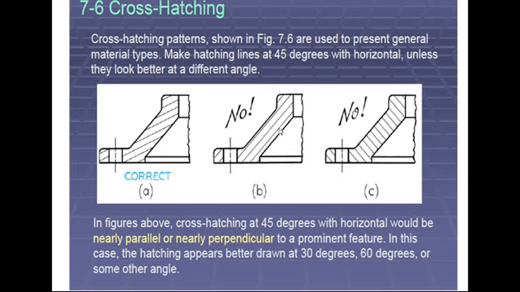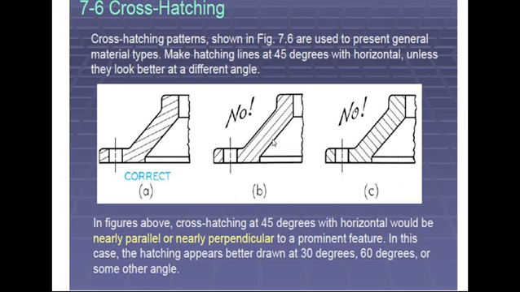Here, if you see, this is the wrong way, because this one is parallel with the outer lines. We have created these lines parallel with the outer lines, so it must not be parallel. That's why it's wrong. This one is also wrong because it is perpendicular. It must not be perpendicular. The angle must be in between, like 45 degrees, 60 or 30. This angle is shown as 90 degrees, or perpendicular, so that's why this is a wrong method.